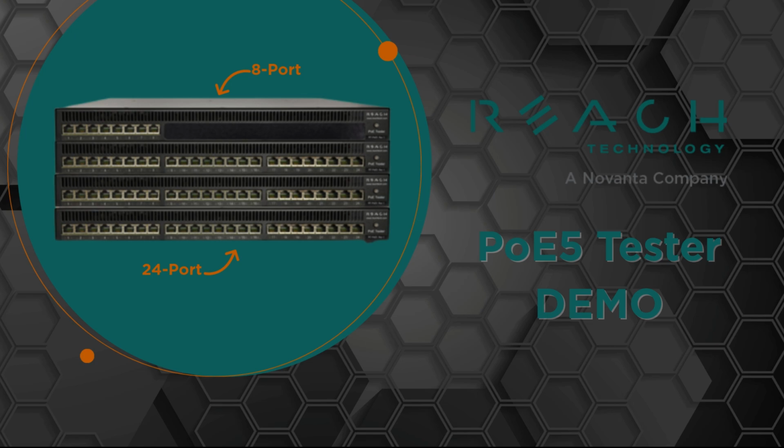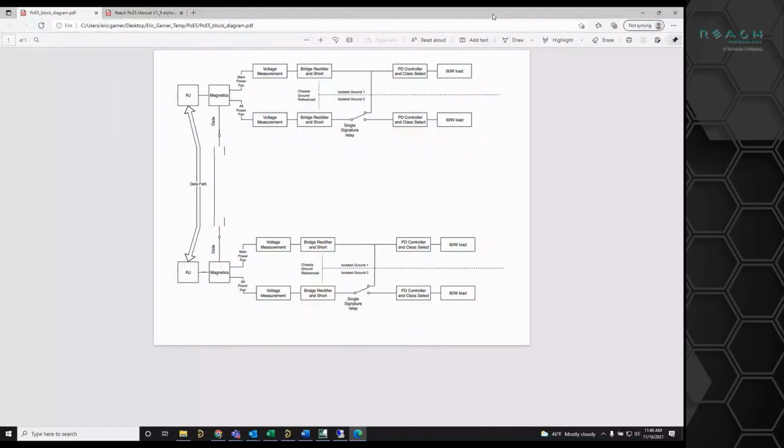We'll start at kind of a block level view of the product. Okay, so this is an internal block diagram of the PoE5 that shows two adjacent RJ45 ports. As you can see, there's a data path that allows Ethernet data to move from one RJ to the next,